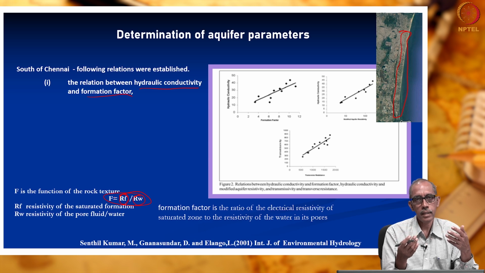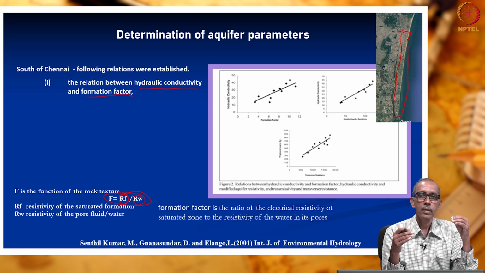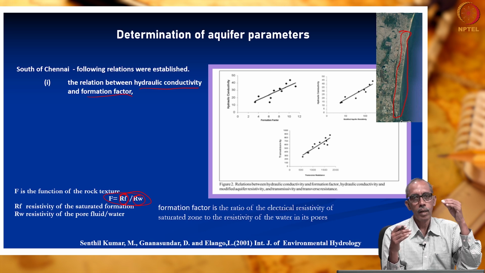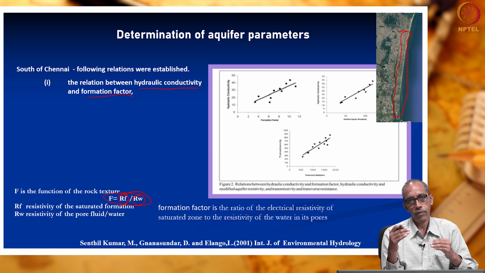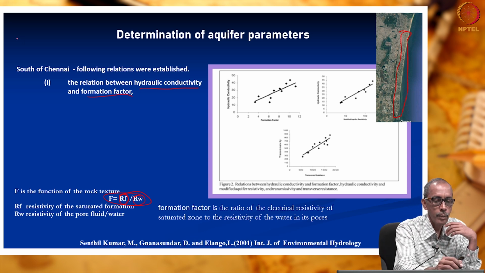We have already got the resistivity of formation by conducting the electrical resistivity survey, right. Since we have conducted the electrical resistivity survey, we could get the values of the resistivity of the saturated formation at different depths below the surface, because we have the data of, for example, when we do Schlumberger survey for depth sounding, we have this data of AB by 2 1 meter, apparent resistivity 2 meters.